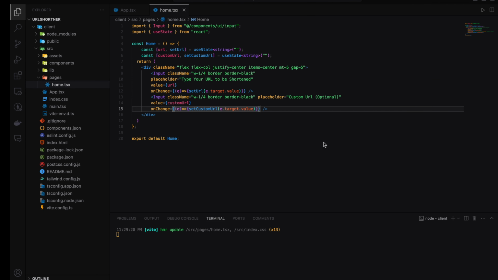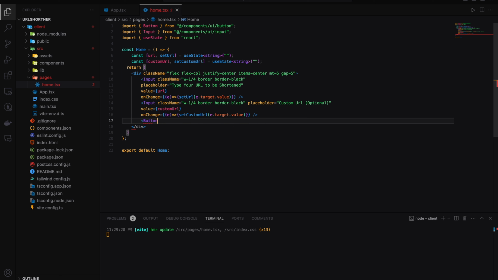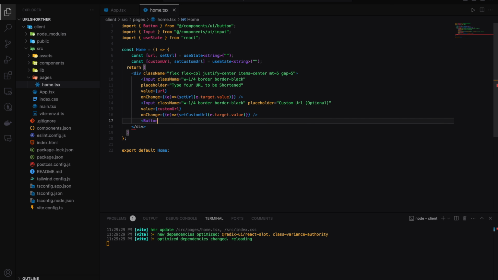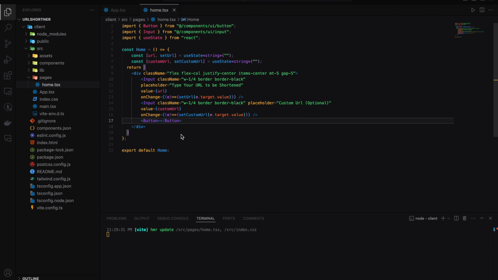Yeah, and after it import the button here. So button from the shadcn UI components library,